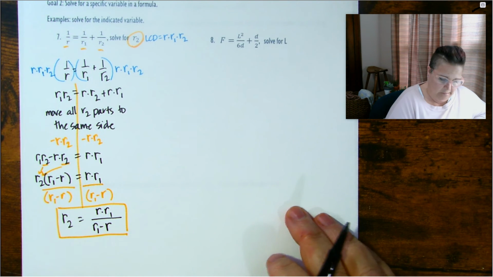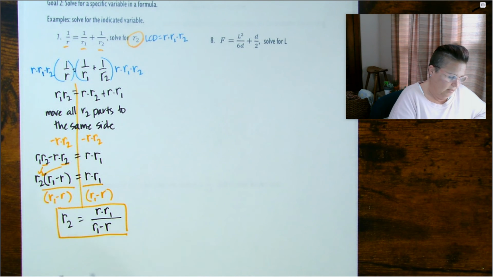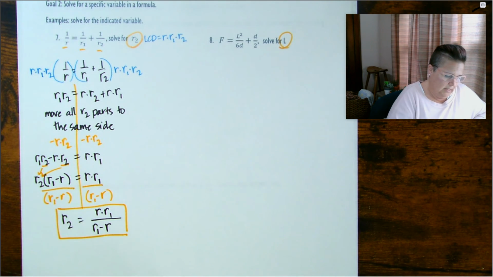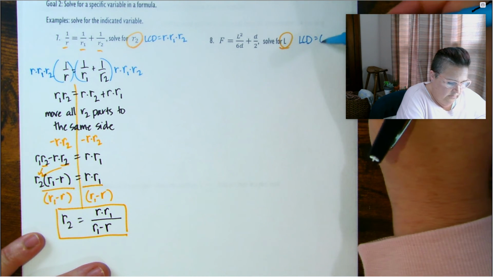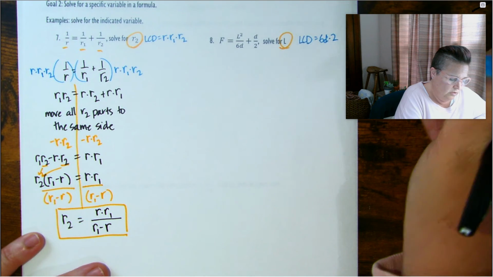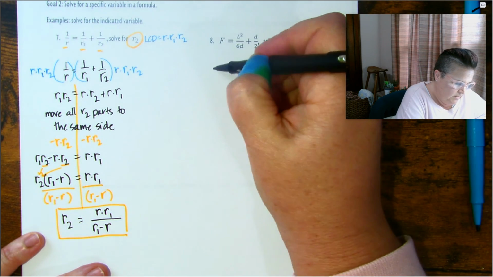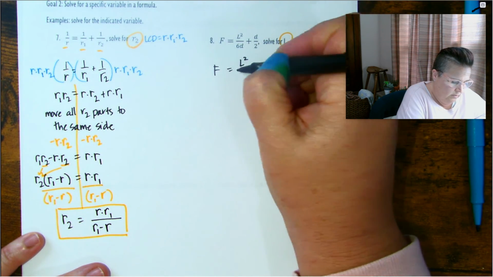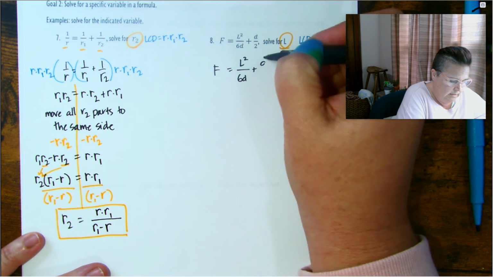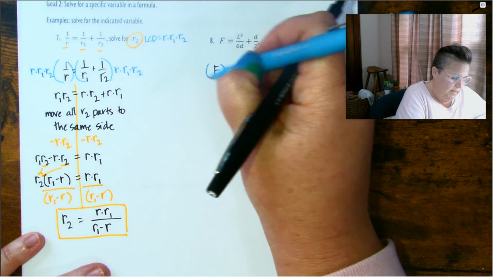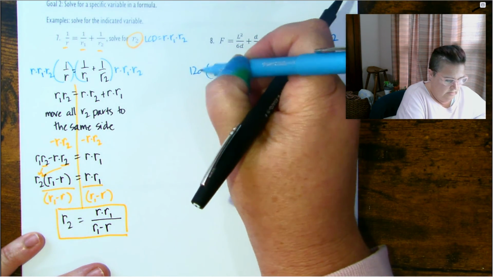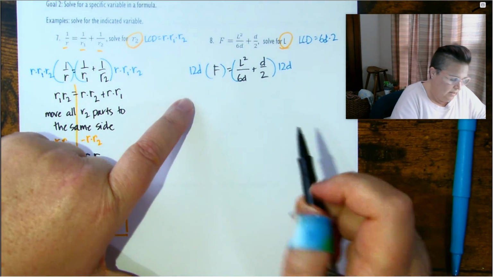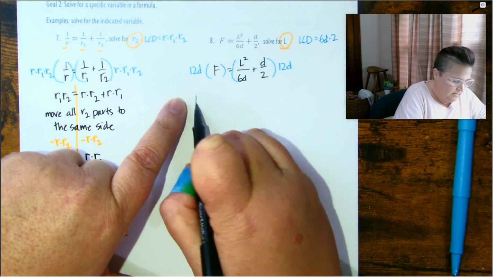We're looking for L. The last one here, we're looking for L. So we want to make a mark on that. We're looking for the L, and then we want our lowest common denominator of 6D times 2, or 12D. So we're going to take F is equal to L squared over 6D plus D over 2. And we're going to multiply left side and right side by 12D. Okay, on the left side, this is going to give us 12